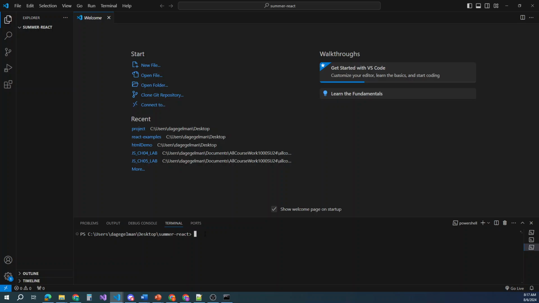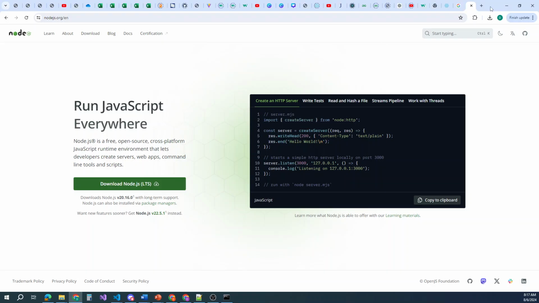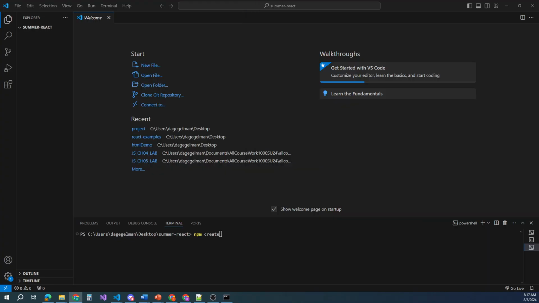So now what we want to do is we want to create our application. And so what we do is we do npm create, and then we do space Vite, V-I-T-E. If you go out on your own and do some of the tutorials on YouTube and that,